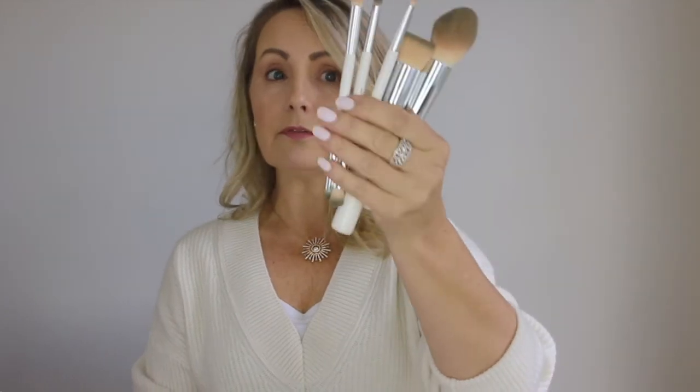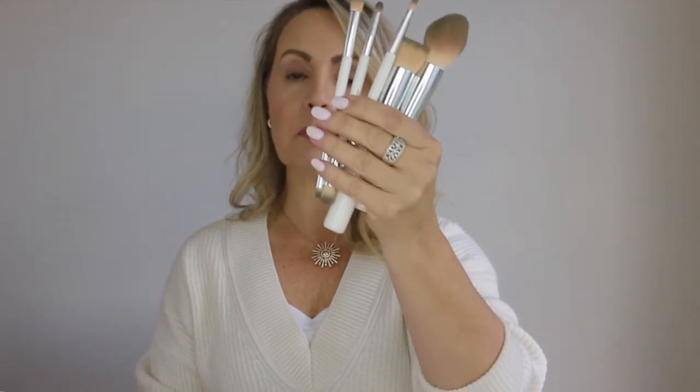Do you know how hard it is to find a matte bronzer? Like a bronzer that doesn't have all this shimmer on it, because as we age, some shimmer's okay, but too much shimmer looks like you fell in the pot. Sustainable makeup brushes. Like seriously, it's hard to find a company that have brushes and the handles are made on a sustainable product. So I could go on, but my point today is just to ask you to think about it